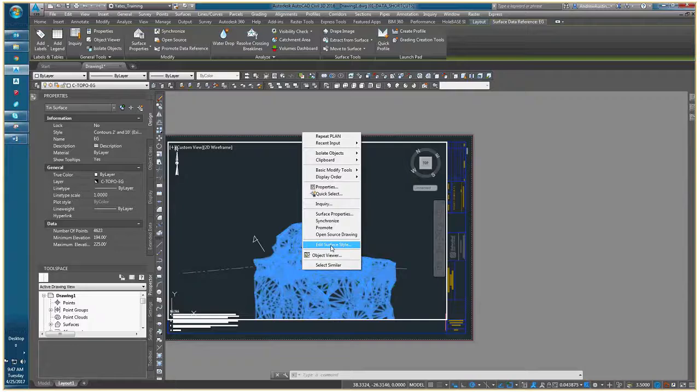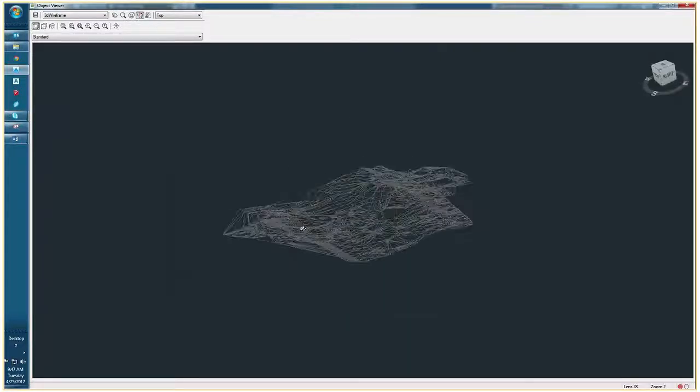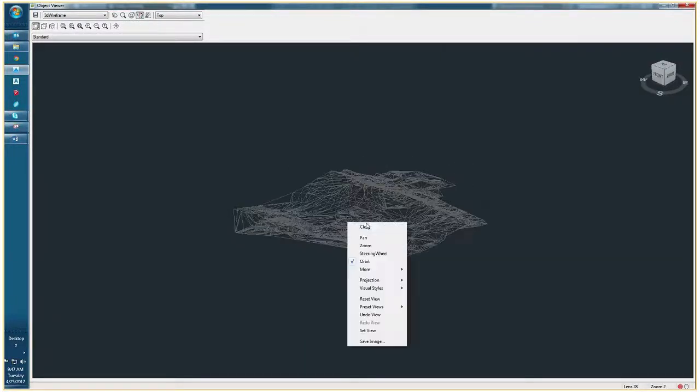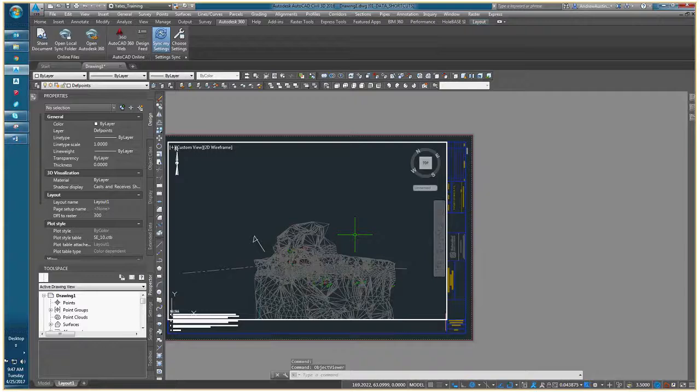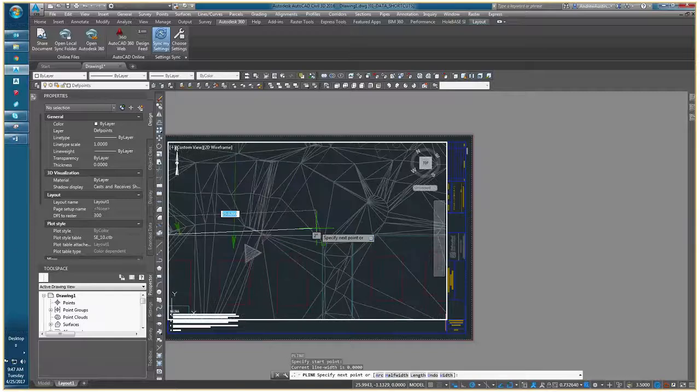So we're not looking at this from straight up and down right now. And that's why we have this triangulated view of the surface itself. Okay? So that's an interesting error and one that we're going to correct right now